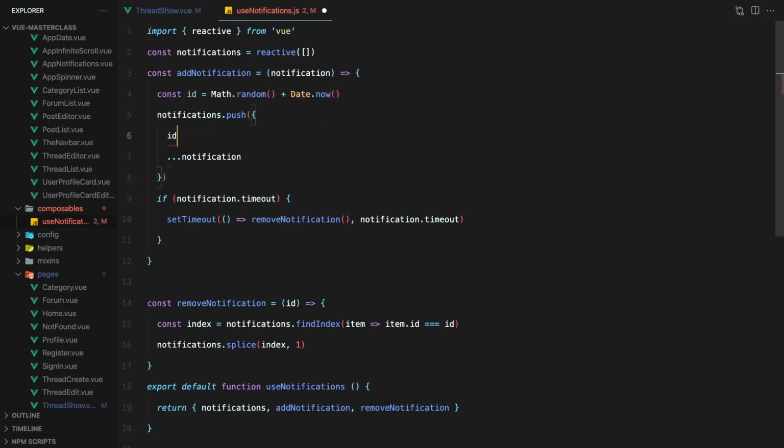Then we can use it in defining the notification and to use for remove notification. Lastly, I want to destructure the notification parameter just to make it a little more clear what a notification object looks like, and to clean up our code just a bit.